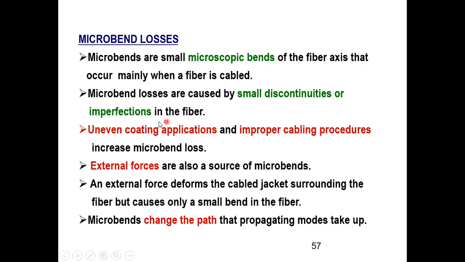I have highlighted some words throughout all my PPTs. Those are the keywords which should be present in your answers, or if you remember that for your exam, no need to search here and there.